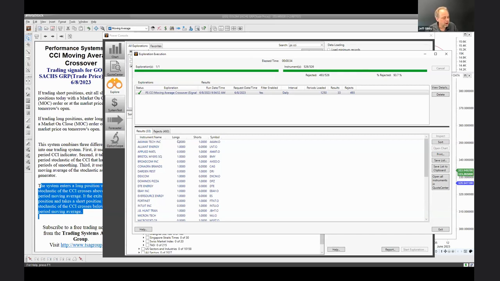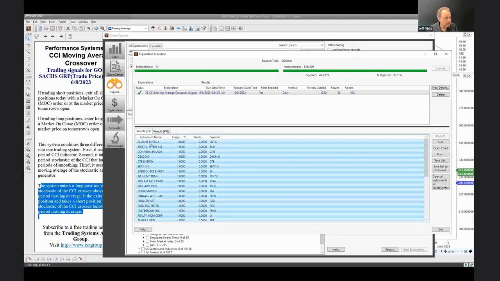And so here, if I wanted to see stocks that had a long opportunity, I'm just going to sort based on this long opportunity column. There they are, Alliant all the way down to Warner Brothers, I guess. So out of those 500 stocks, I'm maybe looking at 15 or 16. And from there, I'll say, okay, these are the ones that I like. I'm not looking at all 634 though. I'm just looking at the ones that have an actual